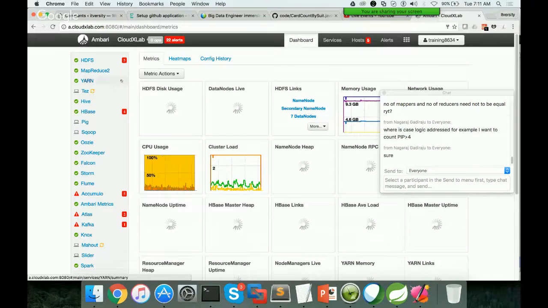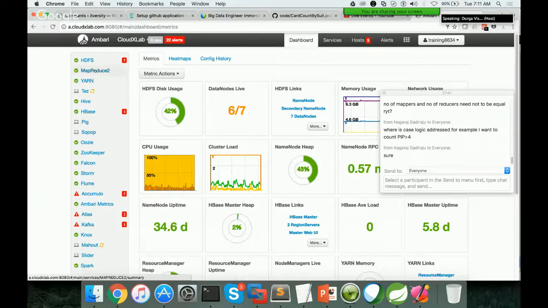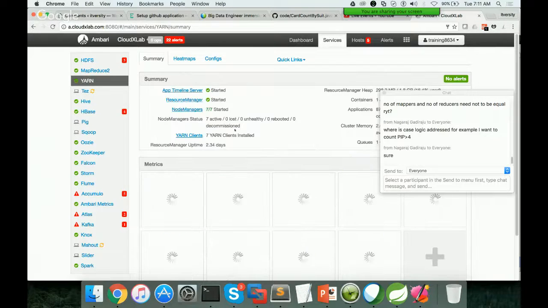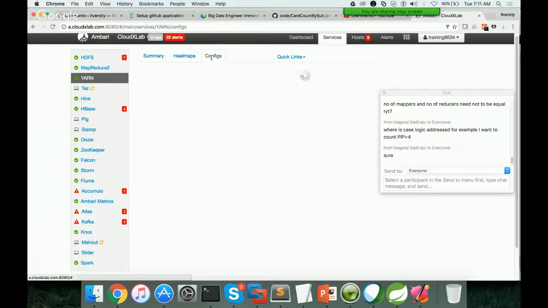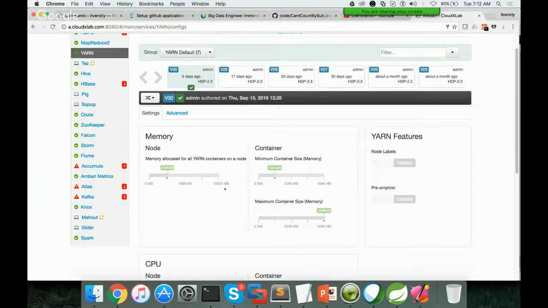So in this case, the number of mappers and reducers are determined by the capacity we have. I'm trying to answer Jiva's question first. There are two things which you need to keep in mind. There are certain memory parameters at a yarn level. So if you click on yarn and go to configs, here we tell how much memory should be used